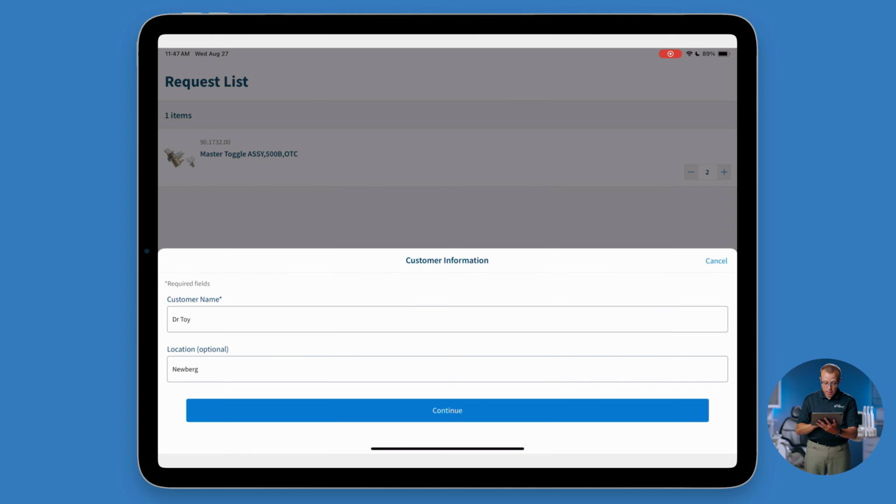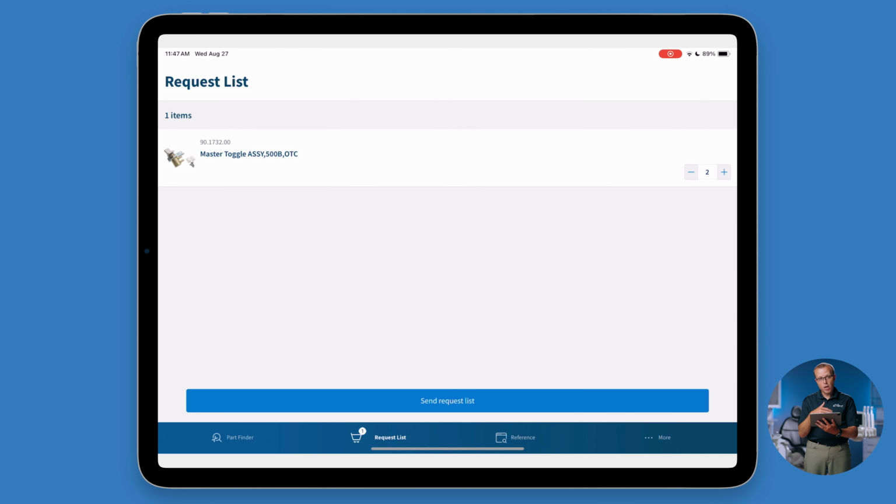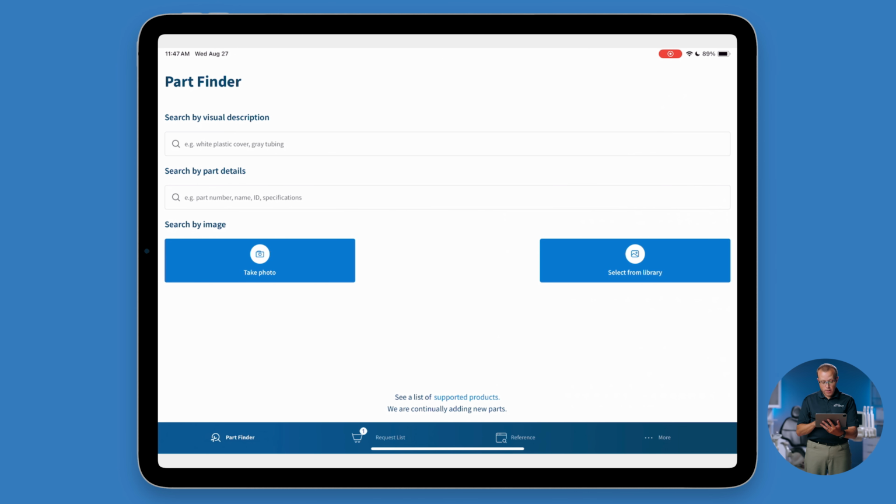And then I can continue, and this is just going to launch you into whatever your favorite email tool is to then work through your contacts, and I can send an email. And that's going to send you any part that you've added to that cart in an email so you have it. Heading back to Part Finder,